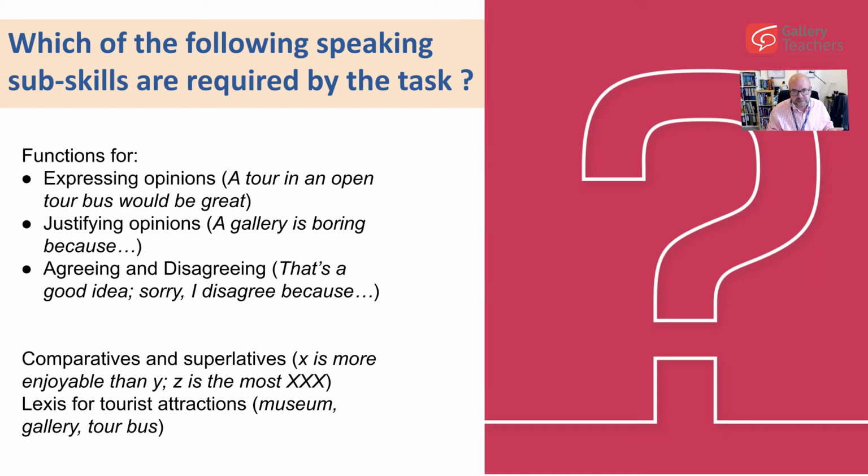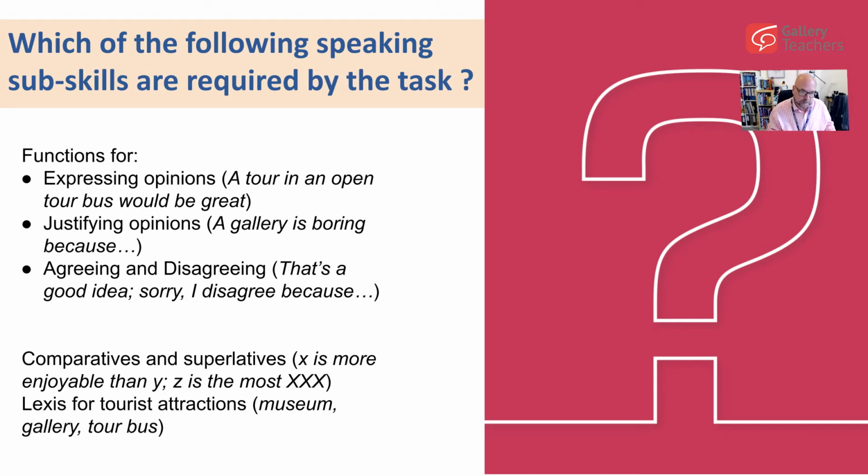So this is what I felt were the key functional areas for speaking. I think they need to be able to express an opinion. And at the B1 level, criticality, I think, should be coming in. They're justifying their opinions. They're explaining why a gallery is boring or a gallery is fantastic because, but also the functions of agreement and disagreement. And these need to be taught. And a speaking class, in my view, is a fantastic time to do it.